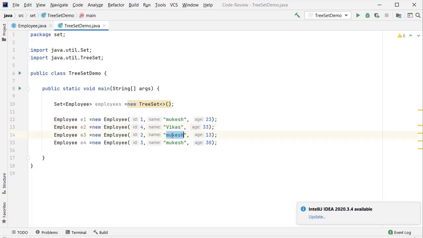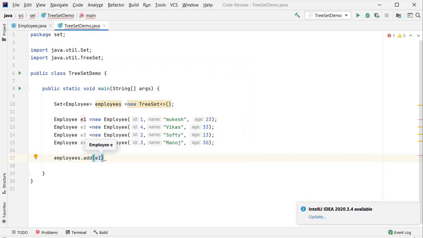Softy, okay, and Manoj. Okay, now I add all these objects inside the TreeSet object.